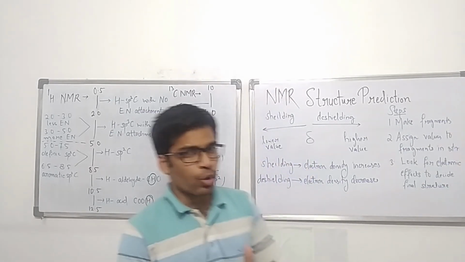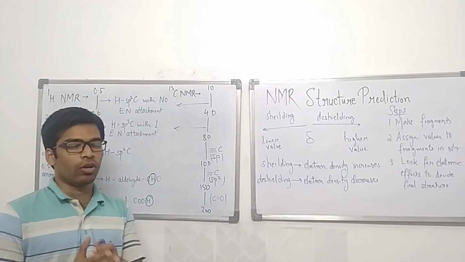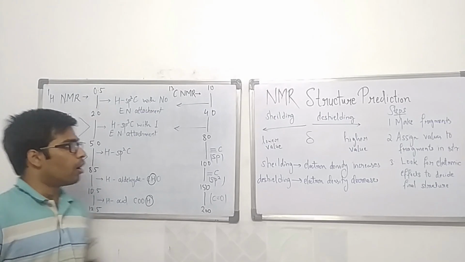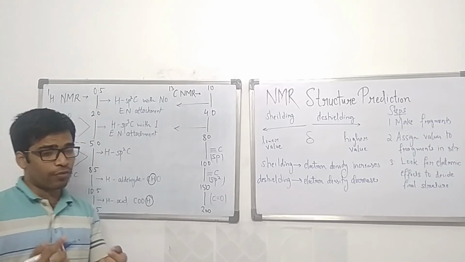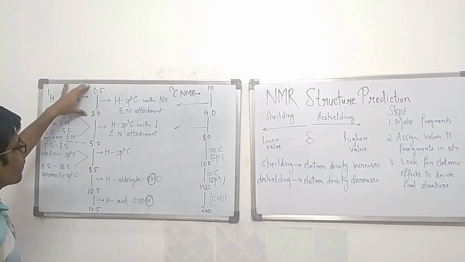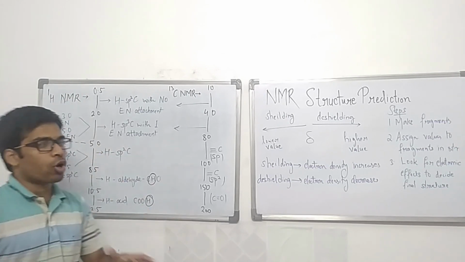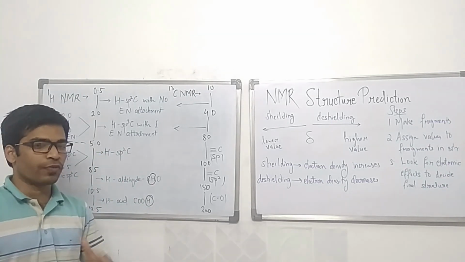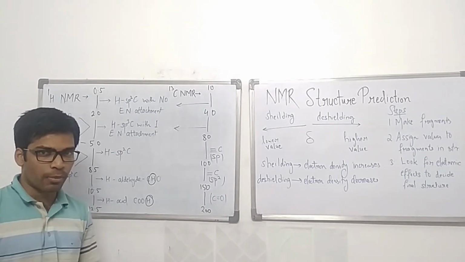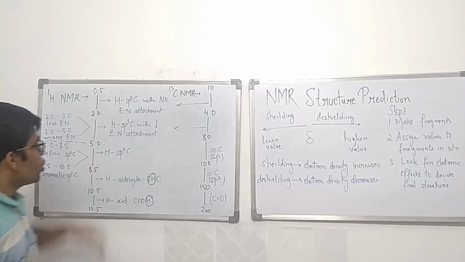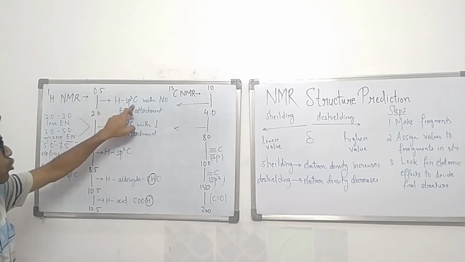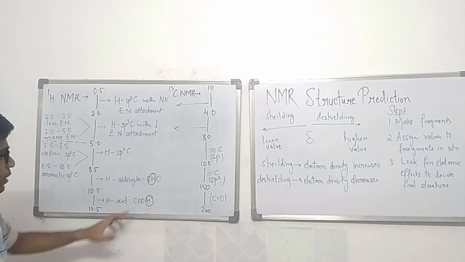So it's needed that you remember some of the values for particular protons. This will help you in making fragments of the carbon groups having those protons. When you see NMR data from 0.5 to 2.0, these are protons attached to those carbons which do not have any electronegative substituent on them. It may be on the neighboring atom, but on that carbon atom there are no electronegative substituents. So, 0.5 to 2.0: proton attached to sp3 carbon with no electronegative attachment.